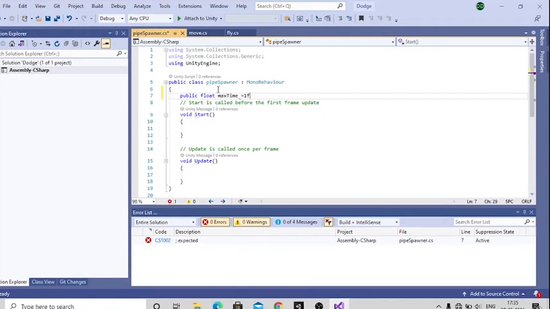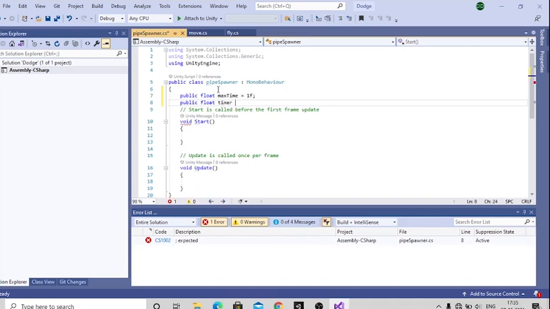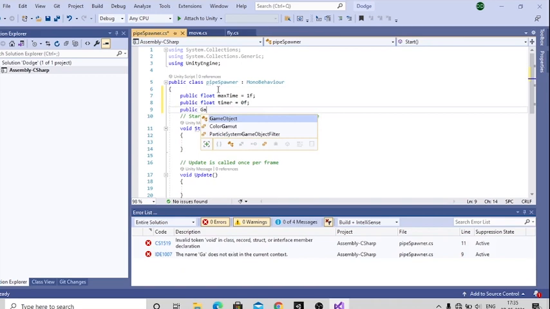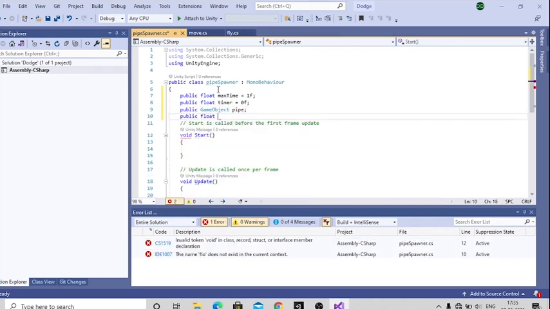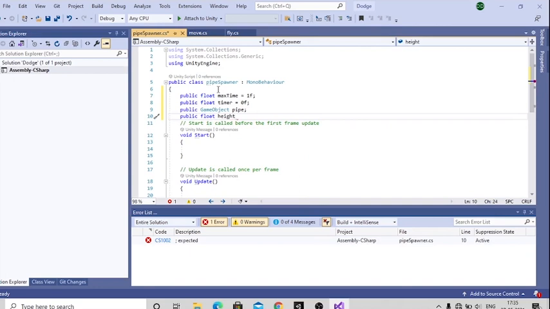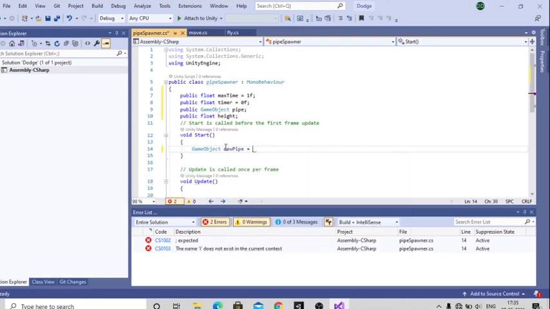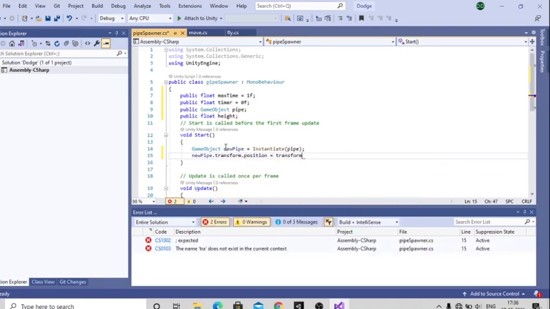Here we need 3 public floats, max time, timer and height, and 1 game object, pipe. In the start method, instantiate the pipe and transform its position to the spawner's position and set the height of the pipe.